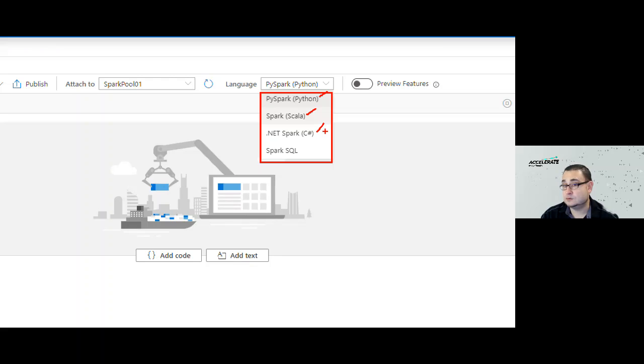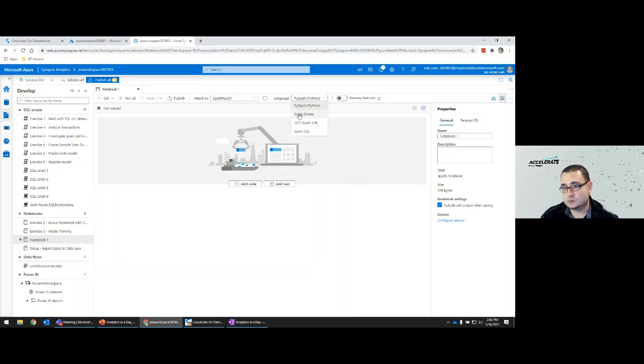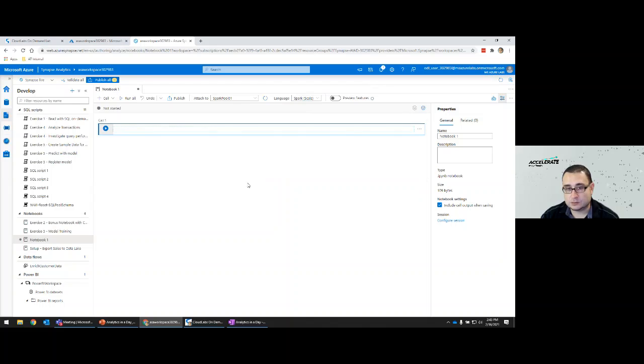You can work with .NET C# on Spark, or you can choose to work with Spark SQL. So you have flexibility on the languages and the environments that you want to work with. In this case, we're going to work with Spark Scala, which is the native language of Spark, essentially. Then next, we're going to click on Add Code, so we can have a cell to create our notebook analysis.